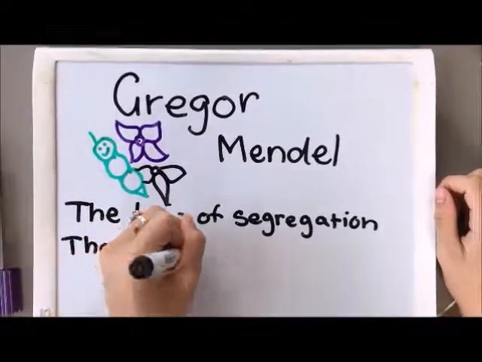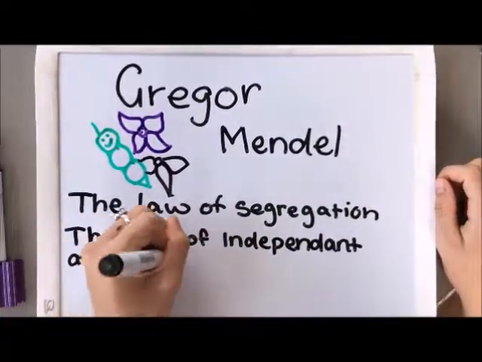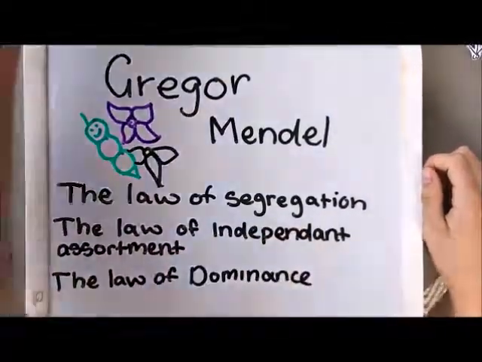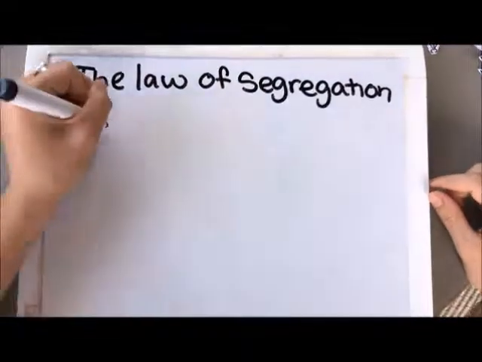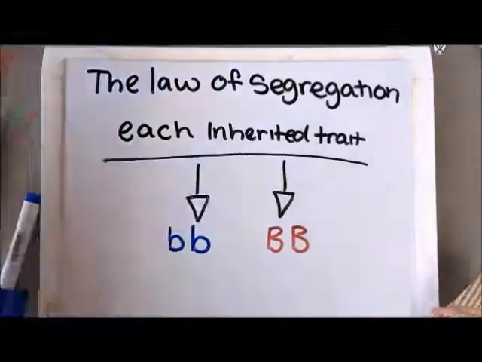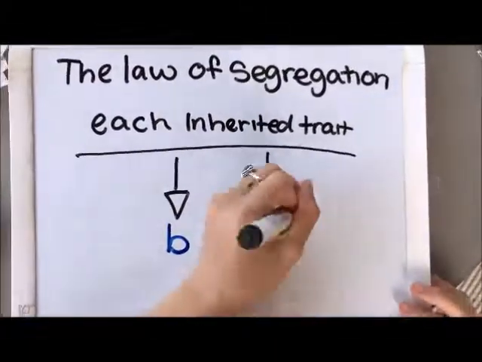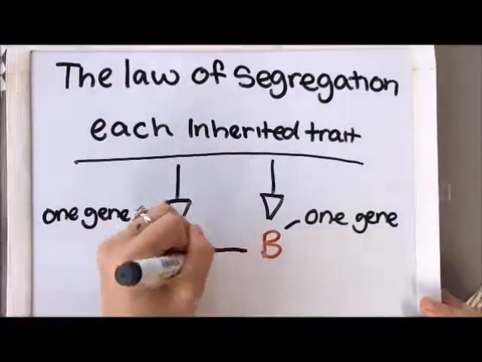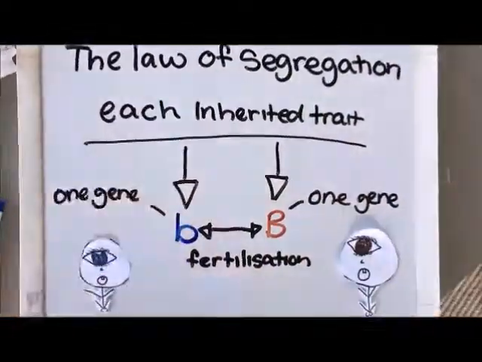He tracked parents' offspring's physical appearances and came up with 3 laws: the law of segregation, the law of independent assortment, and the law of dominance. The law of segregation portrays each inherited trait is defined by a gene pair. Parental genes are randomly separated into the sex cells, so that sex cells contain only one gene of a pair. Offspring therefore inherit one genetic allele from each parent when sex cells unite in fertilization.